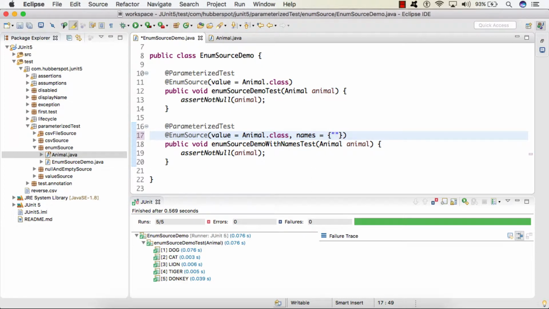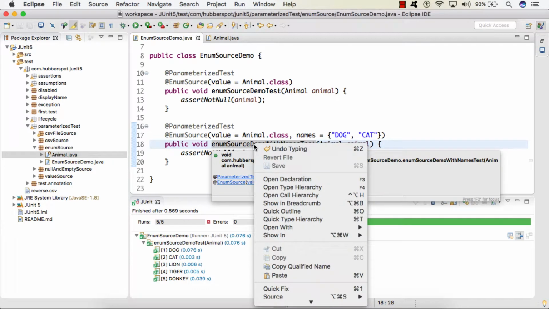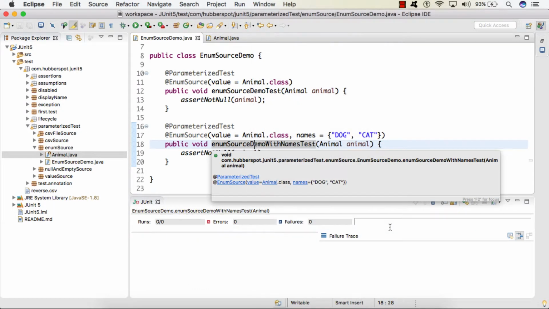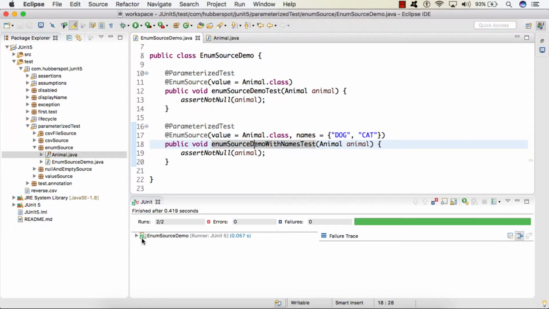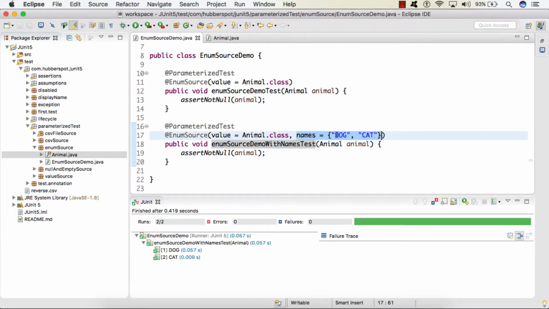So I have to give something like dog, cat, which actually matches these constants. If I run the test case now, you can see that it only ran for dog and cat because we explicitly provided that only the dog and cat should be passed.